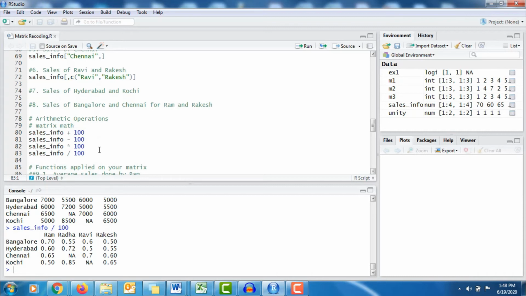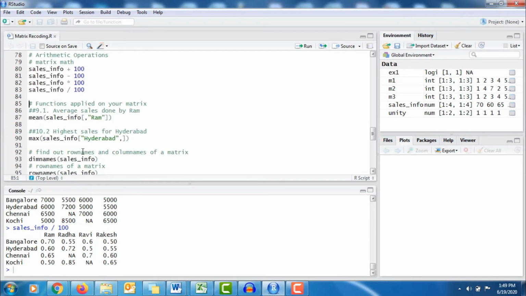Now next are functions applied on your matrix. All functions which we have seen in the case of vectors can also be applied to a matrix, along with certain other functions as well. For example, if you wanted to calculate the average of sales info, I can apply the mean function. Now suppose average sales done by Ram. Ram is a salesperson.